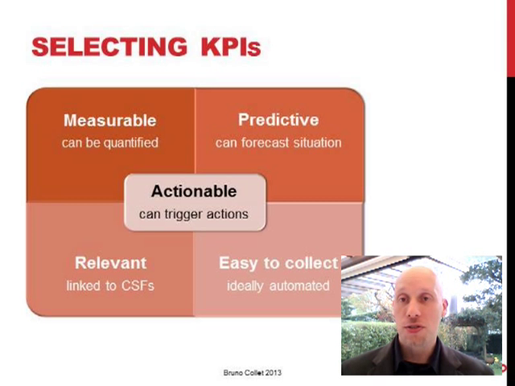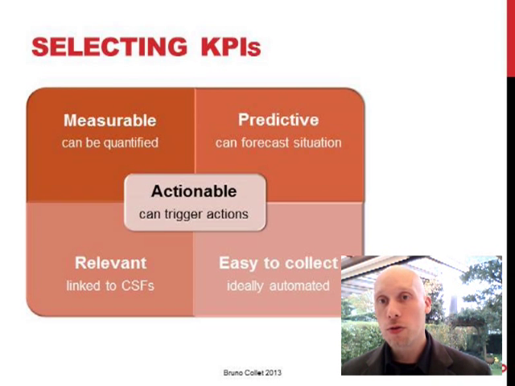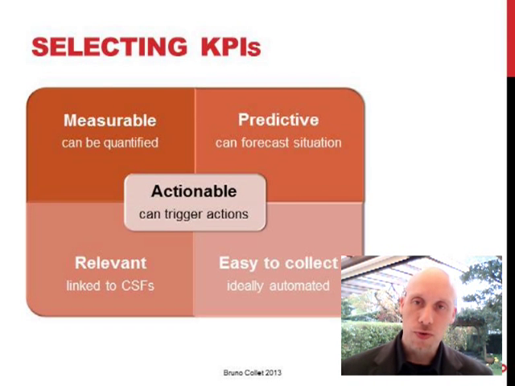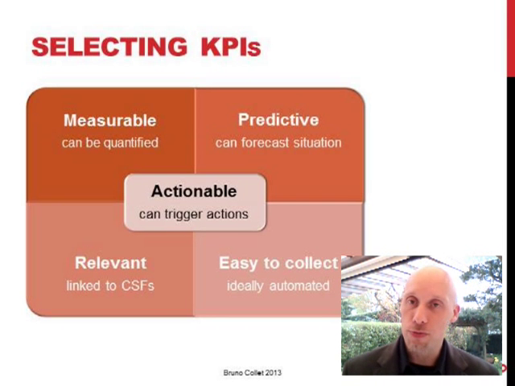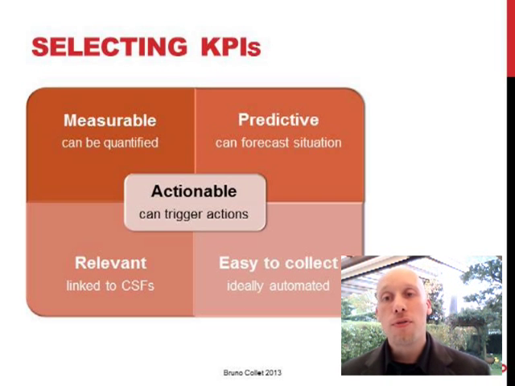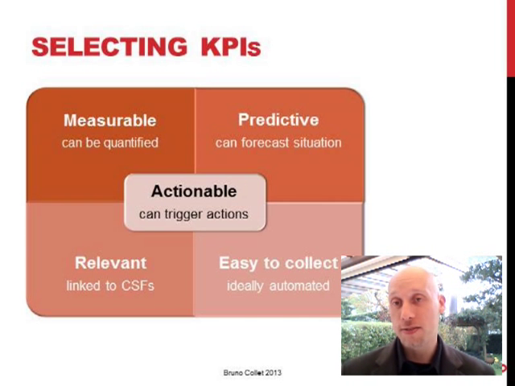Each critical success factor is supported by one or more KPIs, and each KPI supports one or more critical success factors. This way, we make sure that all definitions of success of all stakeholders are actually supported by real metrics, and we don't measure anything we don't have to measure. The fourth criteria, easy to collect. That seems obvious, but it's not. There are 2 pitfalls to avoid.